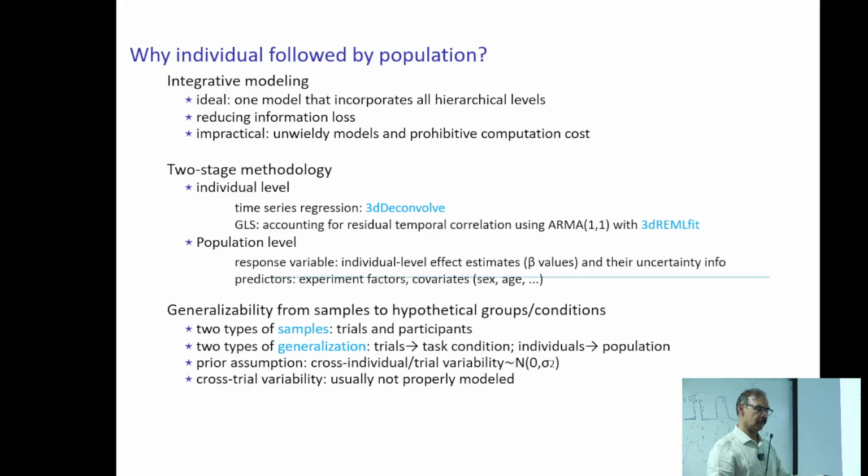So therefore, people have used two-stage or multi-stage analysis. At the individual level, you can do time series regression for GLM. And this is the command which is used, because some of you said you know AFNI. So this is the command for AFNI to do GLM kind of analysis. Right? So on the individual level, you can find the beta weights, right? Like for GLM,